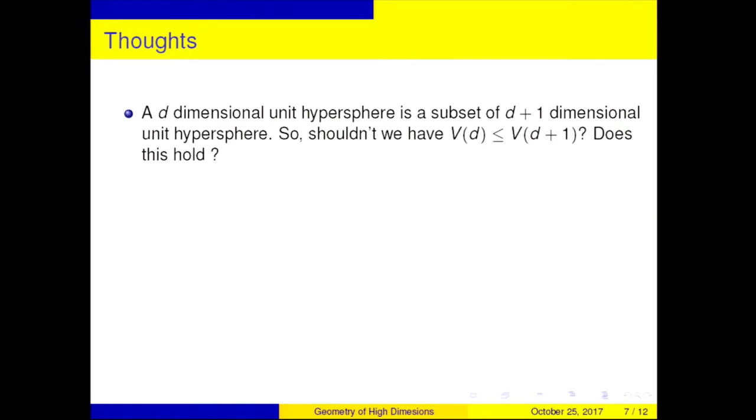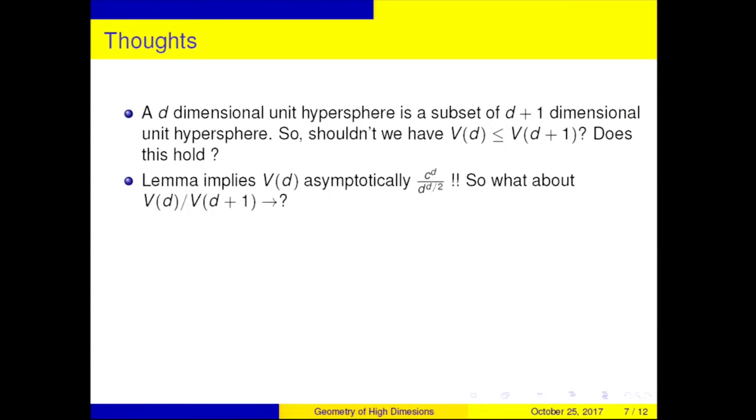Okay? So we know that it's not true ultimately because, as I said, the lemma implies asymptotically V of d is c to the d divided by d to the d over 2. This is the gamma function, right? That was there in the last slide. So this obviously goes to 0. Not only that, if I take V of d over V of d plus 1, pretend, you have to be a little more careful because it's not a very nice function that the limit exists so simply, but pretend the limit exists. This limit